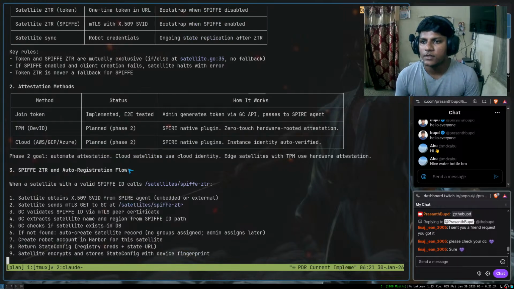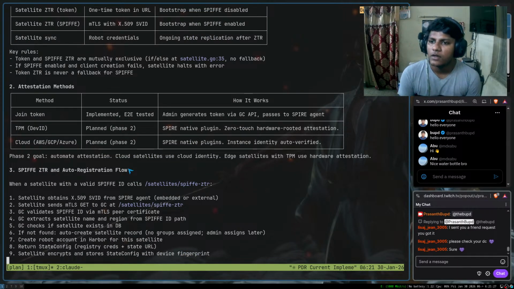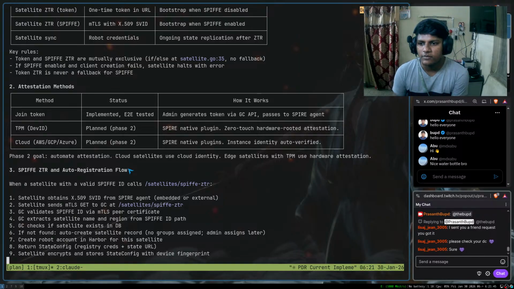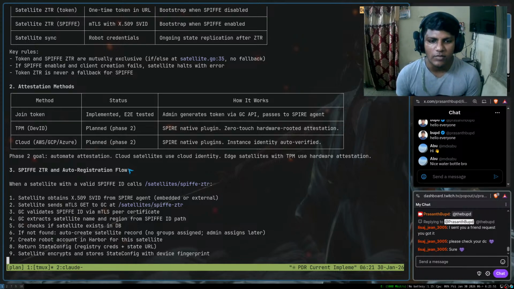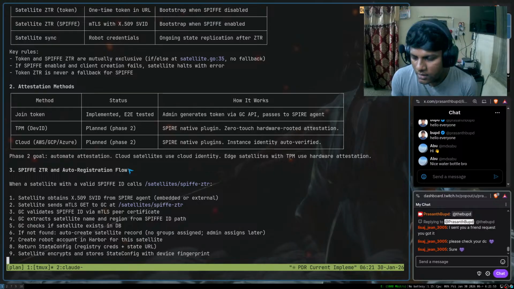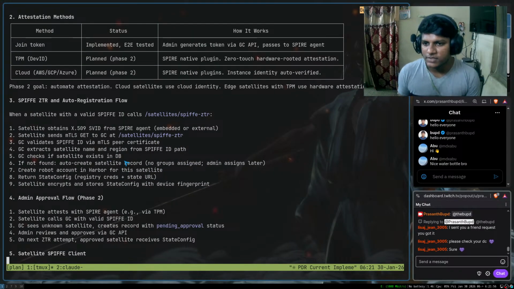Attestation methods. Join token: implemented, admin generates token via GC API and passes it to the SPIRE agent. TPM DevID: SPIRE native plugin, zero-touch hardware-rooted attestation. Cloud: SPIRE native plugins, instance identity auto-verified. Goal: automate attestation, cloud satellites use cloud identity, edge satellites with TPM use hardware attestation. SPIFFE is a tier and auto-registration flow. When a satellite with a valid SPIFFE ID calls this, it gets a token. It does mTLS,